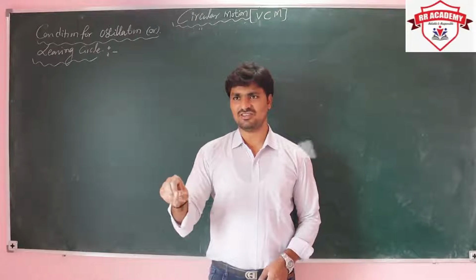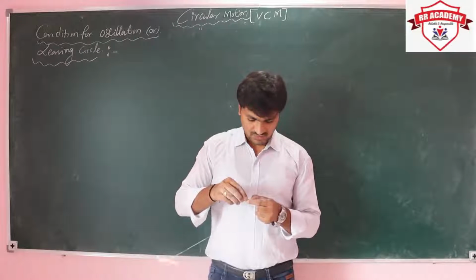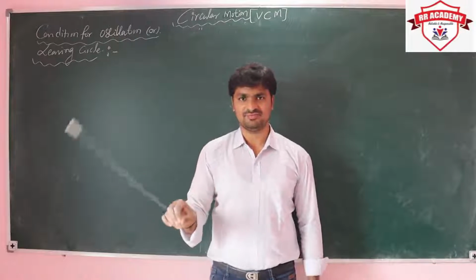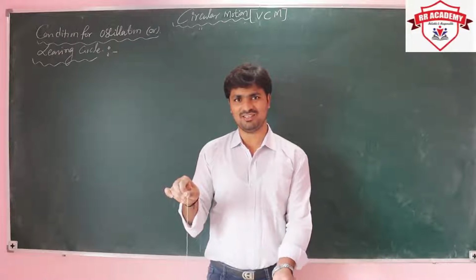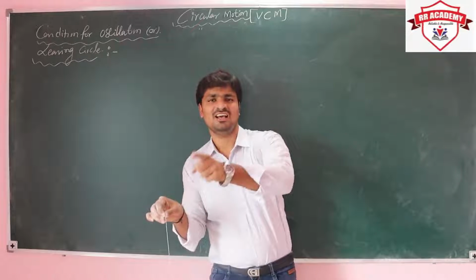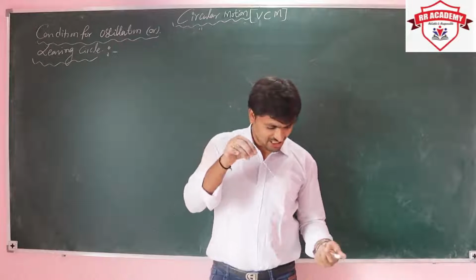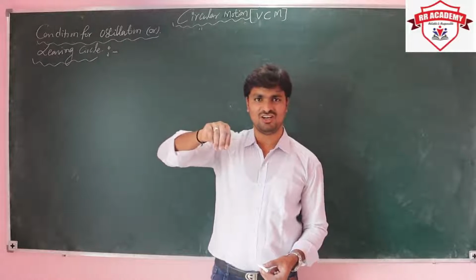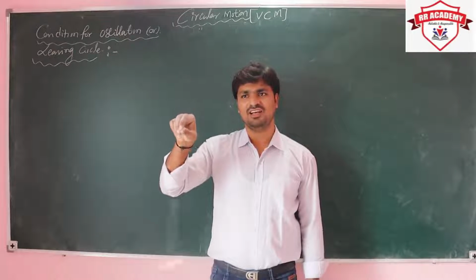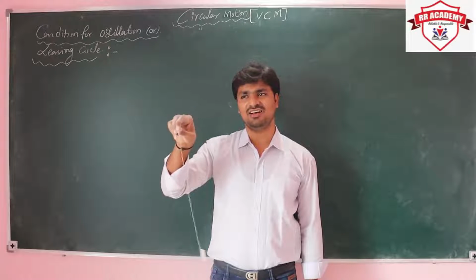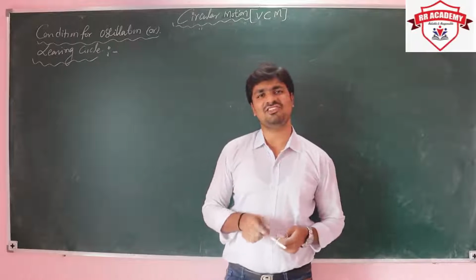See here once again: the particle is rotating in a circular path, and now it is just able to continue. Leaving the circle means the particle goes up and then falls like that. That's called leaving the circle, and oscillating is this one. If we give a velocity at the lowest point of under root 5gr or greater than or equal to under root 5gr, then it completes the circular path. If the velocity is less than that, then this is called leaving the circle and this is called oscillating. When is it leaving the circle and when is it oscillating?